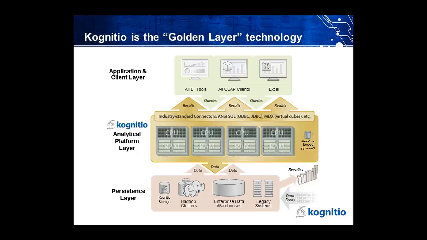So as my colleague Trevor mentioned, Cognitio is kind of that gold layer. It's meant to be a middle tier that I put in between the persistence layer, and that helps me in my ability to dynamically orchestrate and provision between the kinds of storage I'd like to use in the persistence layer, whether that's in an Enterprise Data Warehouse or Hadoop, or whether I leave the data in the legacy systems and the source systems from which it came in. Cognitio sits in the middle doing all the analytics in memory, and that's basically just being able to run very fast SQL queries that run in seconds or sub-second response times,